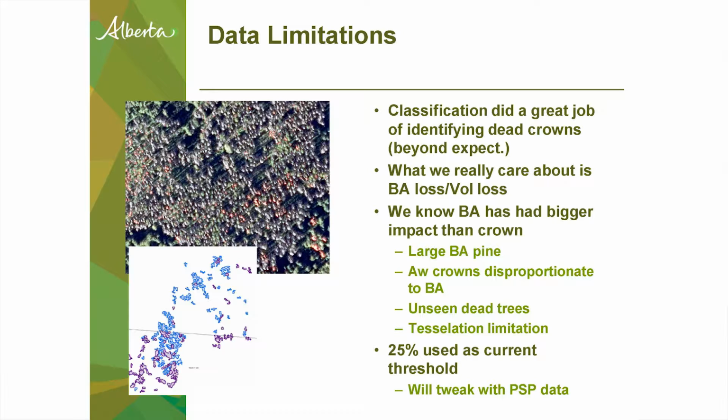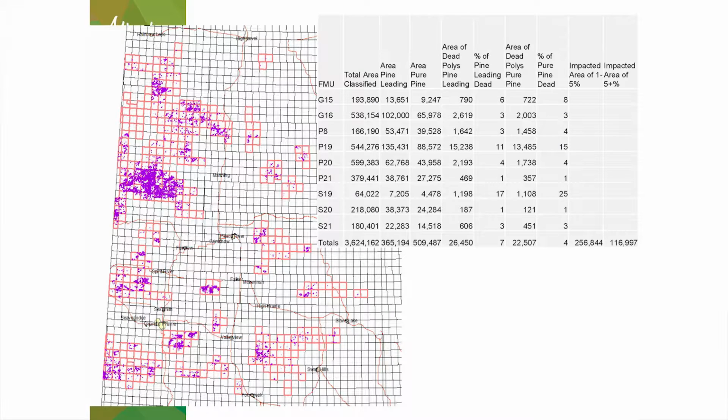We're going to tweak that number with information. We've got a mountain pine beetle, FGRO is working with FRIA and us. They've established a mountain pine beetle permanent sample plot network, and 105 of the plots are done now. We're going to be using that information to correlate to the crown kill. So that'll give us a very good handle on what level of crown mortality correlates to a 50% or greater basal area kill. So those numbers will be forthcoming.